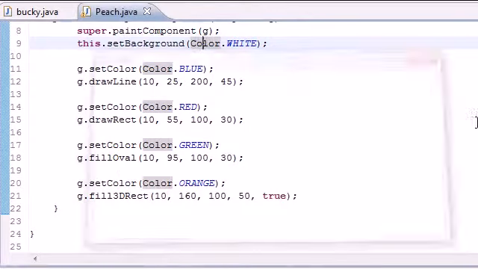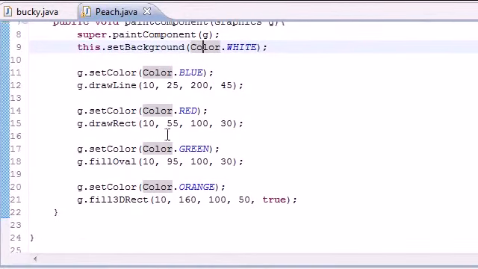So we learned how to draw a bunch of new stuff on the screen: lines, rectangles, ovals, and 3D rectangles. It was awesome. It's been fun, but that's all the time I have for this tutorial,